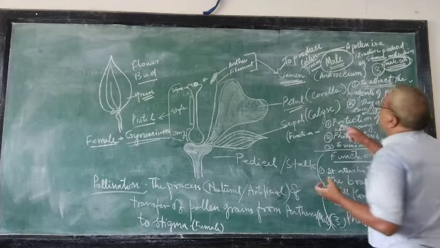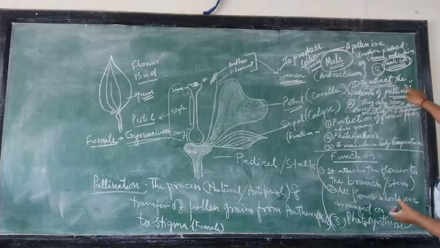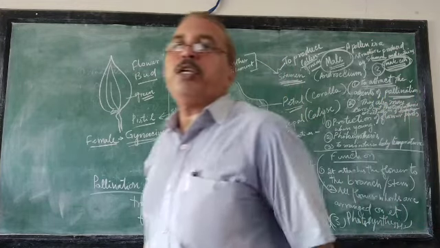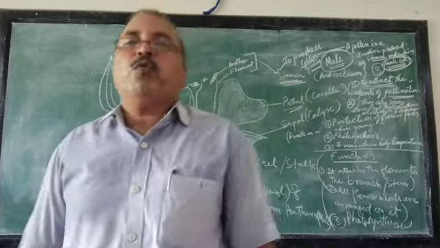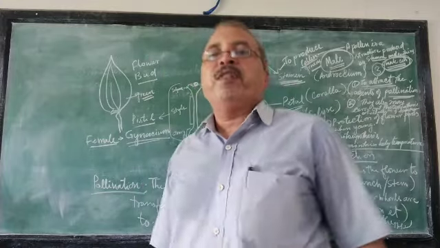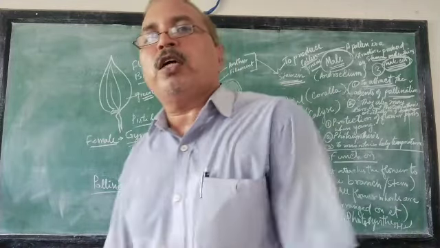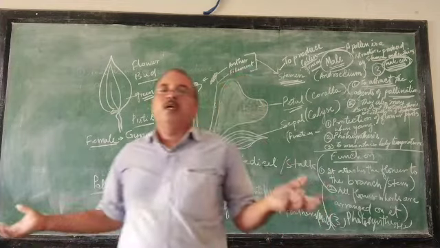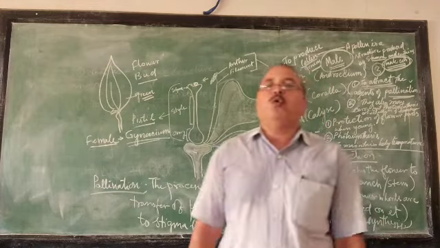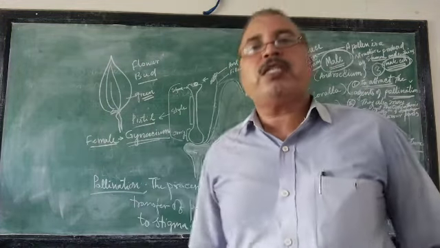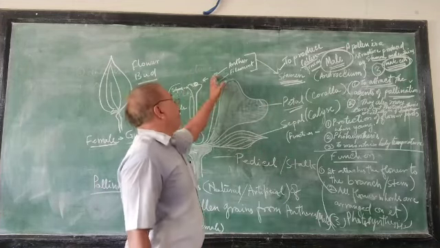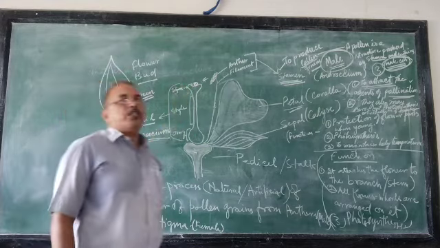As I have written here, the function of petals is to attract the agents of pollination, to pull the agents of pollination towards itself. Right? So what are the agents of pollination? Factors like human beings, animals like grazing animals such as cows, goats, buffalo, sheep, and then insects like butterfly, honeybee, wasp, drone, and many other insects. So these are the agents of pollination. Right? They help in the process of transfer of pollen grains produced on the anthers to the stigma.